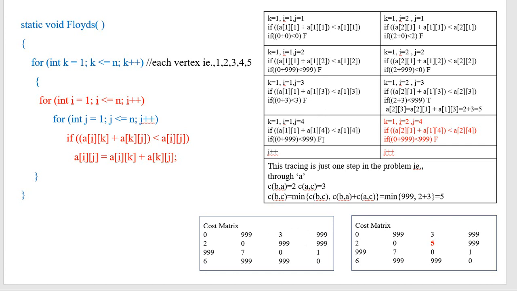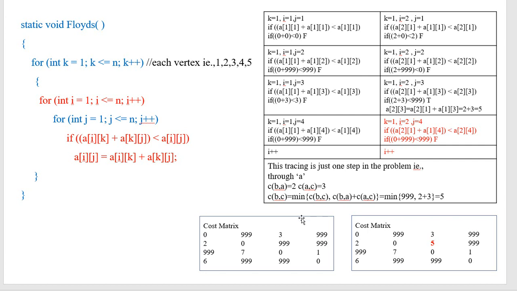Next, increment i. When you come out of the j loop, what is the next step? You just need to increment the i value. When you increment the i value, the next row has to be compared. When you keep on comparing like that and reach 2 comma 3, previously we had 999, but if you use vertex 1 as an intermediate node, I can reach vertex 3 from vertex 2 with a value of 5.